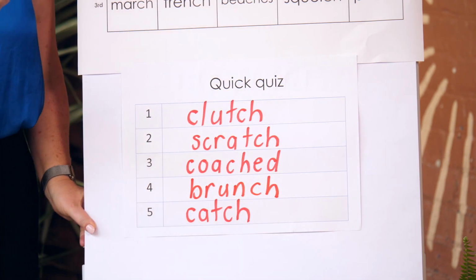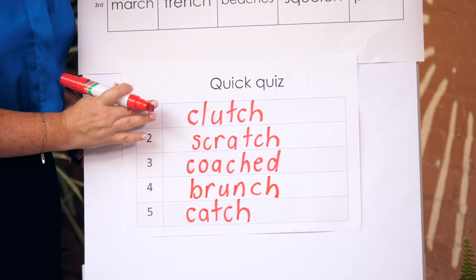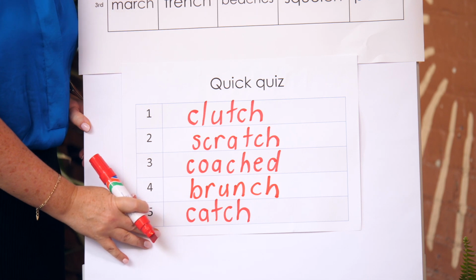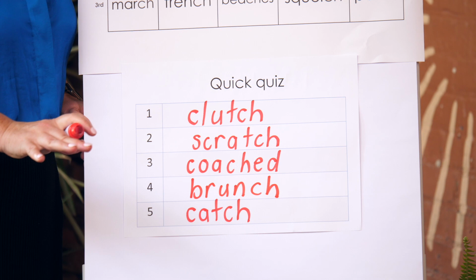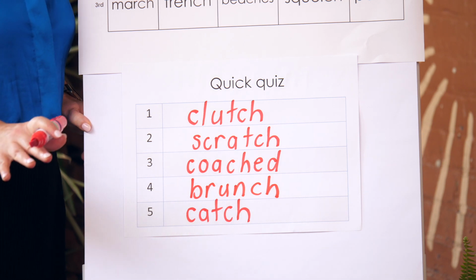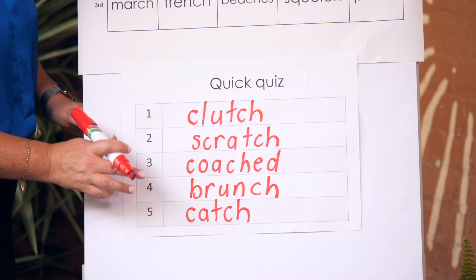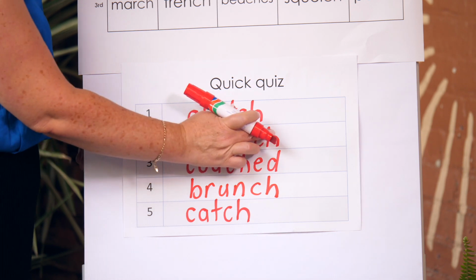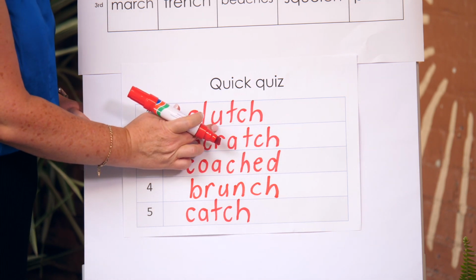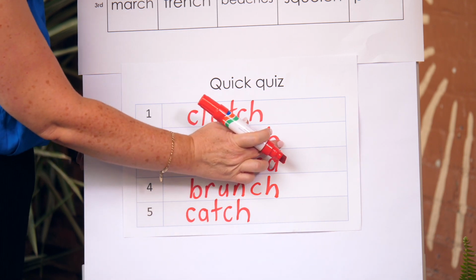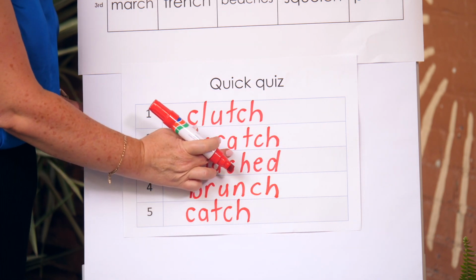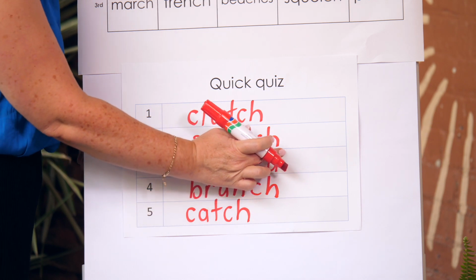Okay, it's time to check our work. Come down onto your list here. If you've got anything wrong, you can correct it now. So just write the word next to your answer that's already there. Let's have a look. Clutch. Short vowel A, long TCH. Scratch. Short vowel A, TCH.